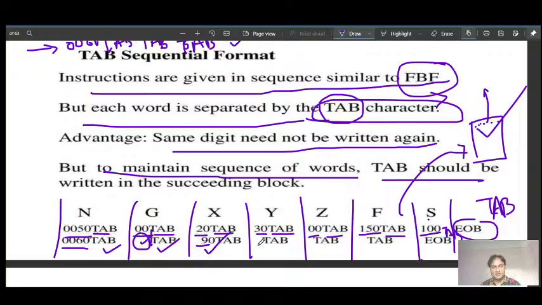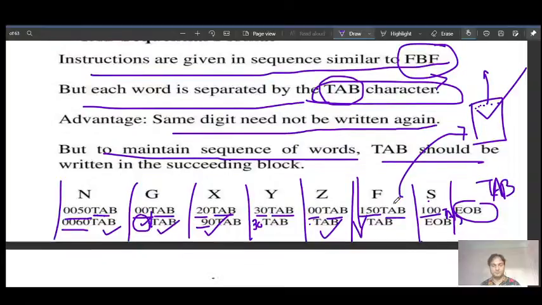And the Y value, it means the 30 value is not being changed here, so 30 is self understood. Again Z00 is not mentioned, so 00 is already here. In this way we make the instructions, or we make our program.